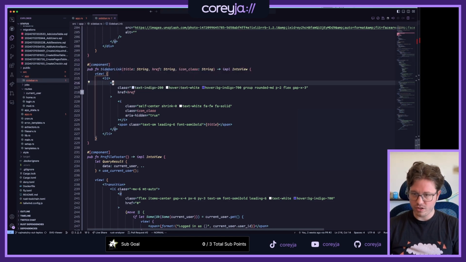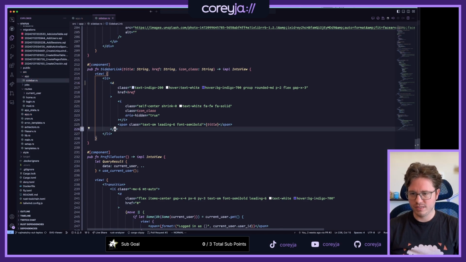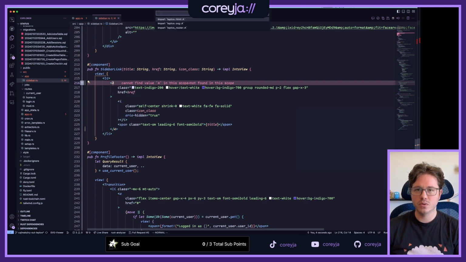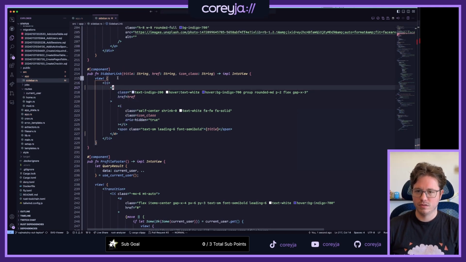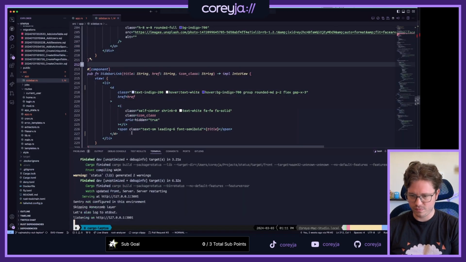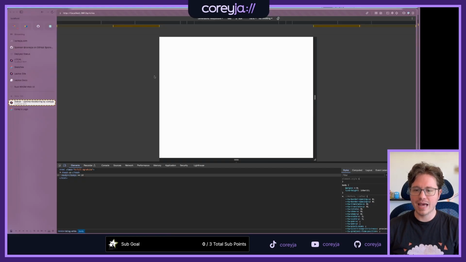Oh, well, why are they normal A links? I actually don't think they want to be normal A links. I think they want to be special Leptos router links. Yeah, I know A is not found. I want to import it from Leptos router. Wonder if that's going to do anything different. Well, I think it'll do something different. The question is whether it does anything better necessarily.